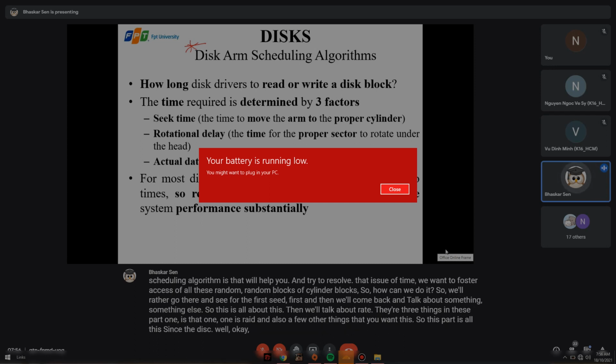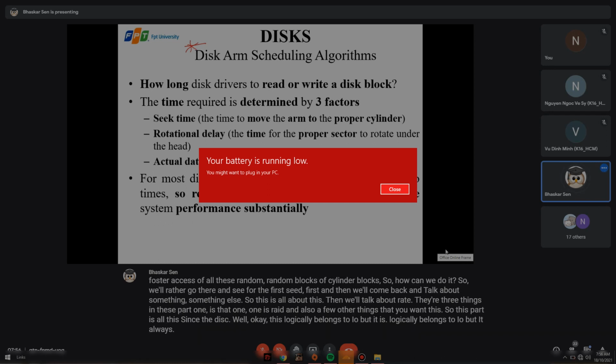Disk logically belongs to I/O, but it is a part of